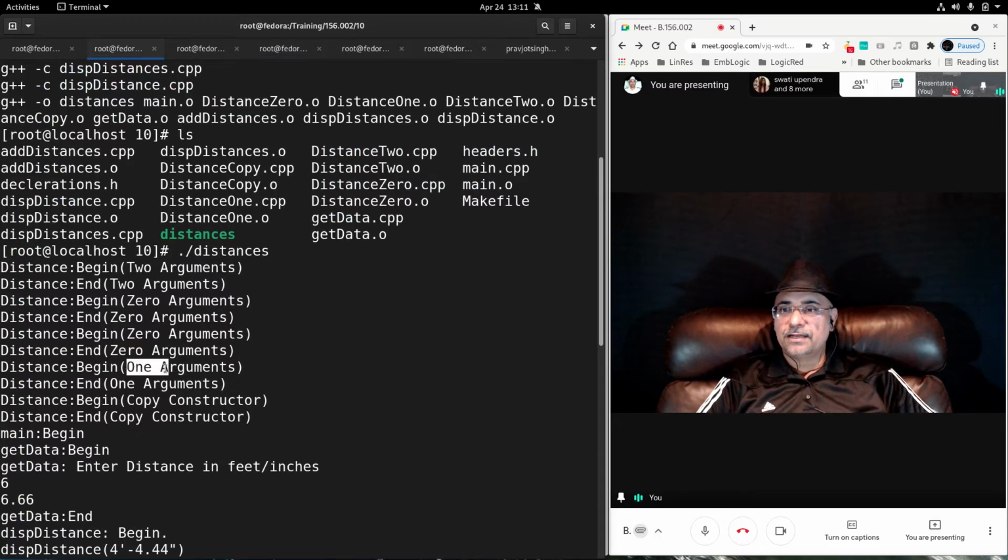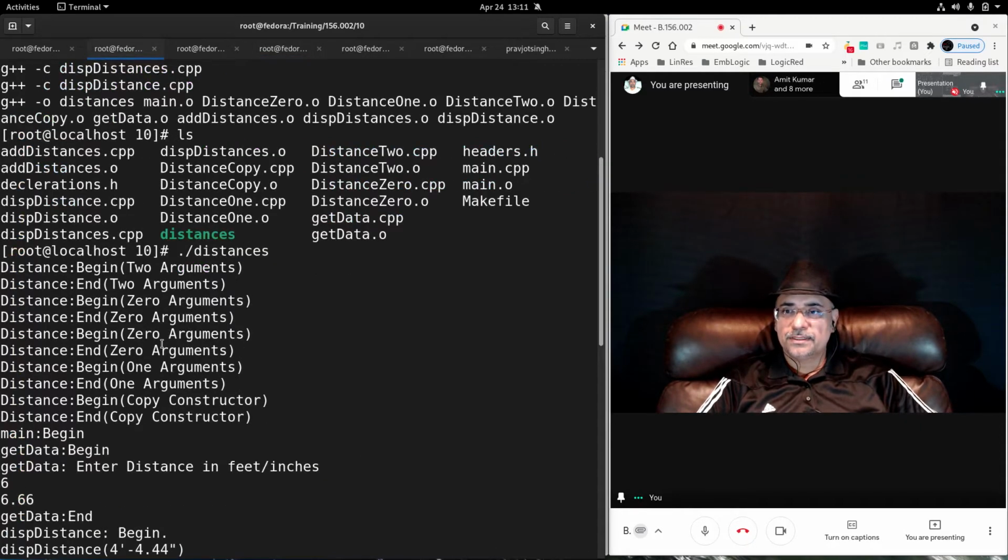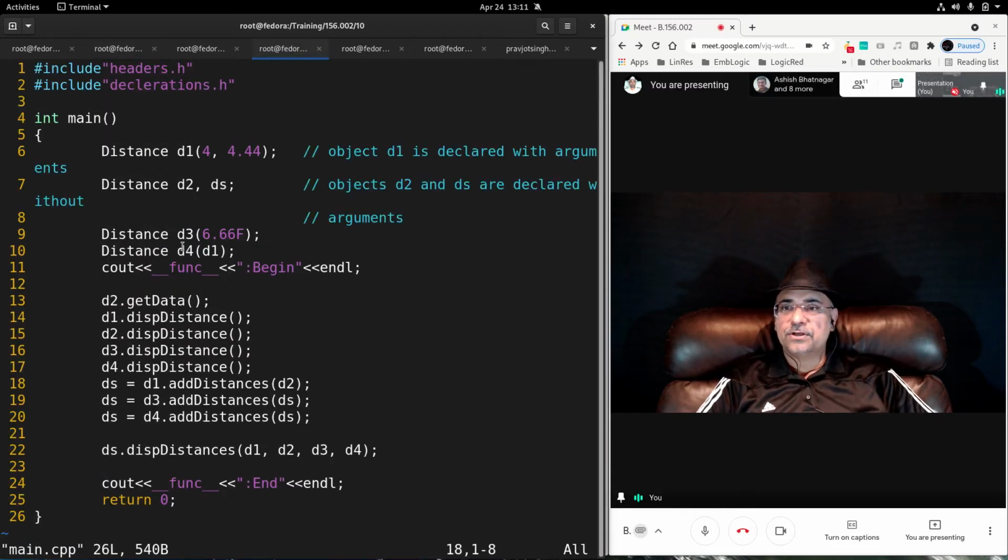Then the 1 argument constructor got invoked because I declared d3 with one floating point value. Then a copy constructor was invoked. That was because d4 was created, declared and assigned with values from d1.